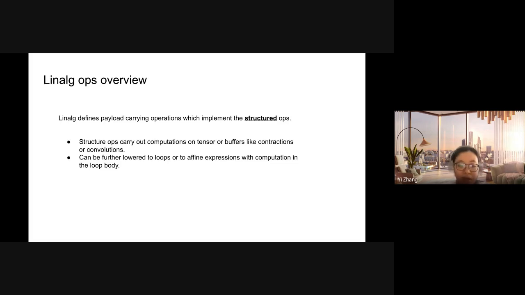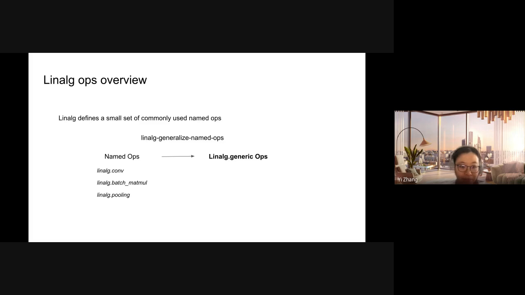At a lower level, the structured ops need to be further transformed into loops or affine expressions with computation in the loop body. But at the Linalg level, the loops are abstracted away, so users don't need to worry about the details.